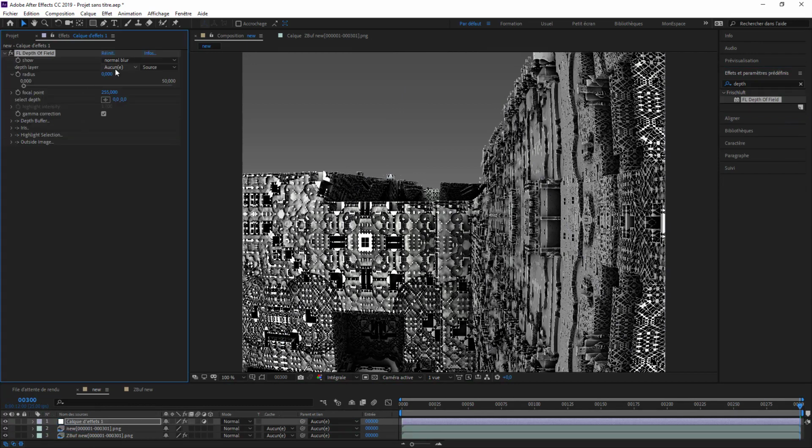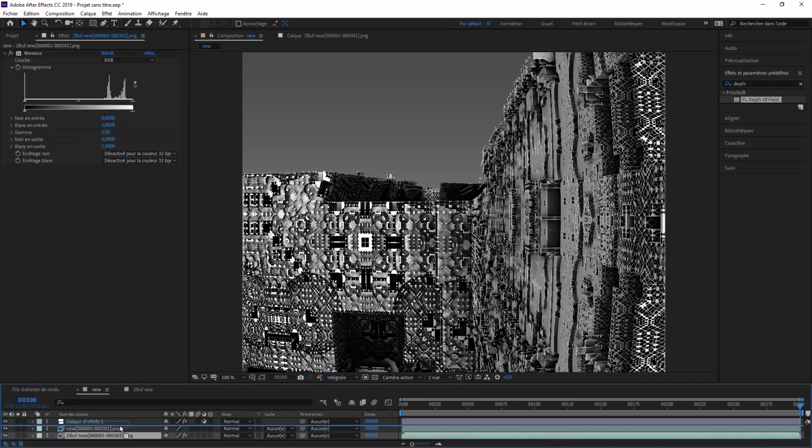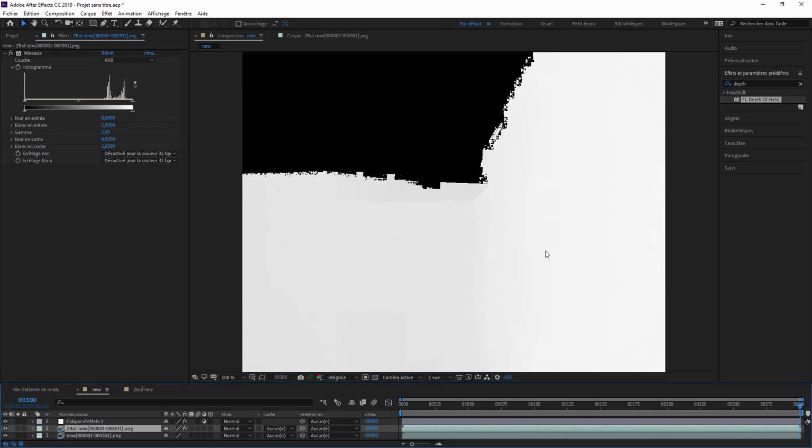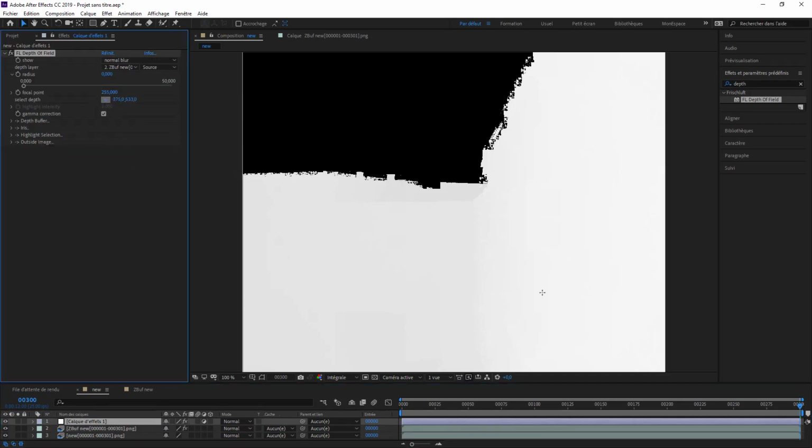You choose the calc where there is a depth map, so it's a ZBuff. Choose it, and from there you choose what you want to have in the focus. So I will put it here for the moment, and maybe here it's much white. So go back there, and you can just click here, choose here in the focus.